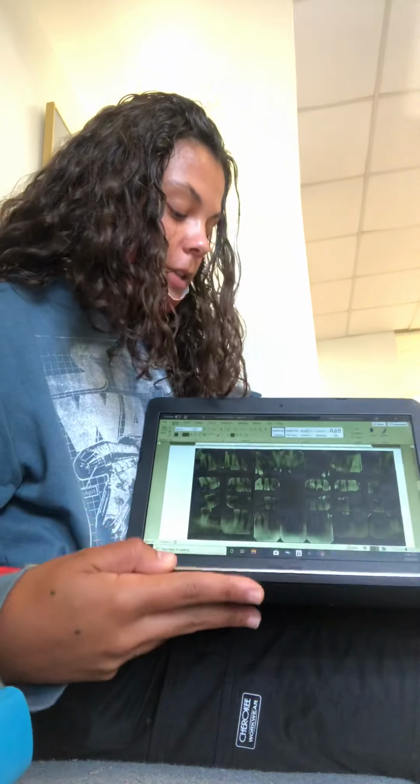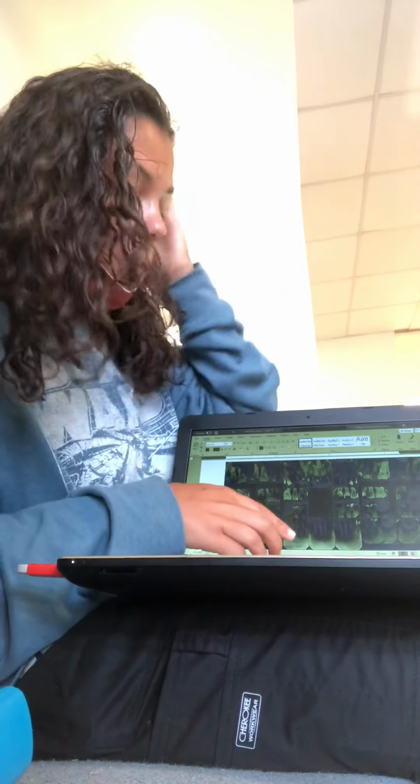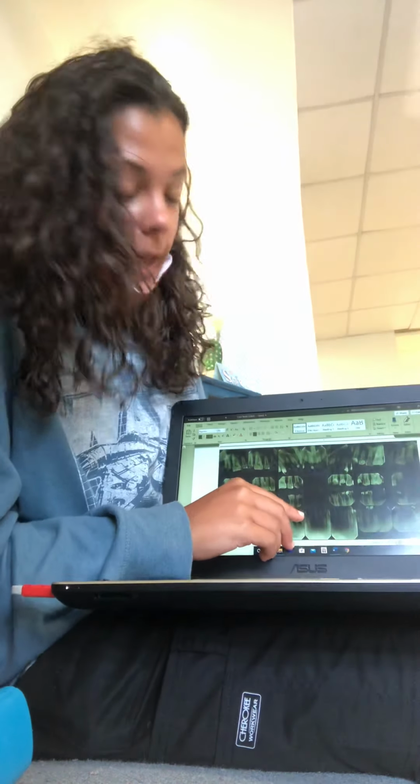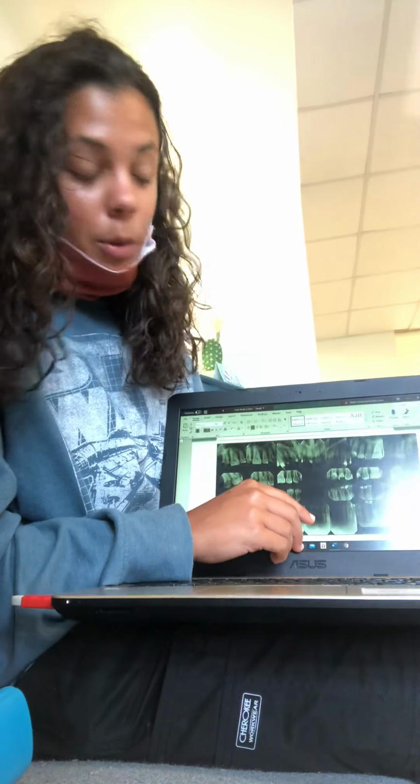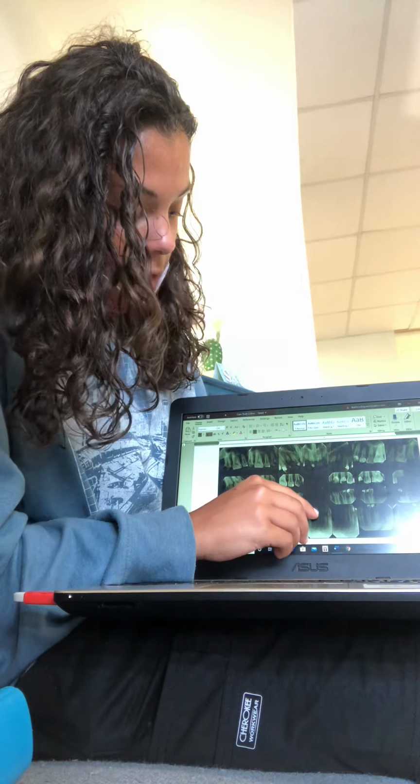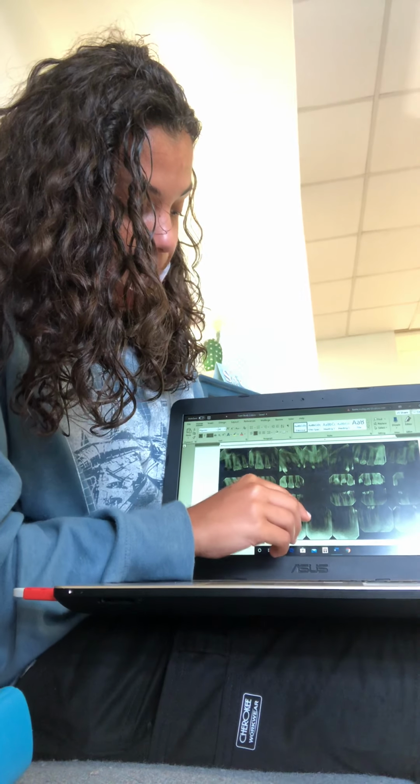And then with that, I would pull up his x-rays, and here are his x-rays, and I would talk about how his bone loss isn't that bad. I would first explain where the bone level should be, and then where his bone level is, which is just slightly below where it should be, which is right here. And I would explain to him that with his plaque index, which was the solution that shows which areas in the mouth have bacteria buildup in plaque, which we like to call biofilm,